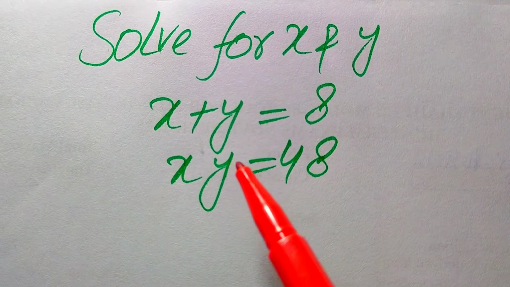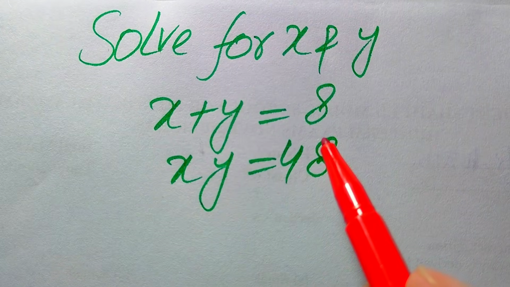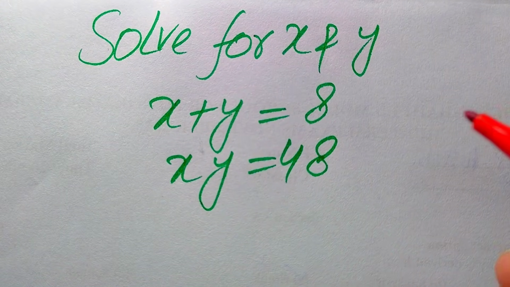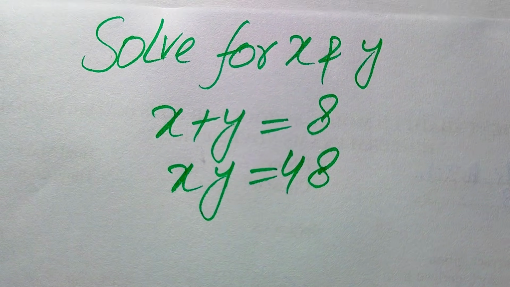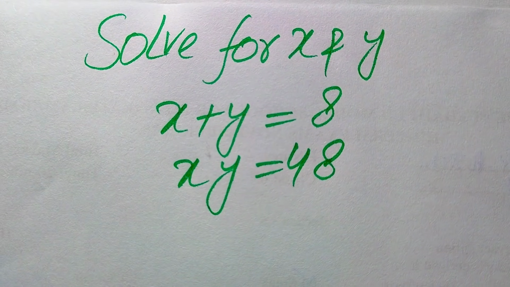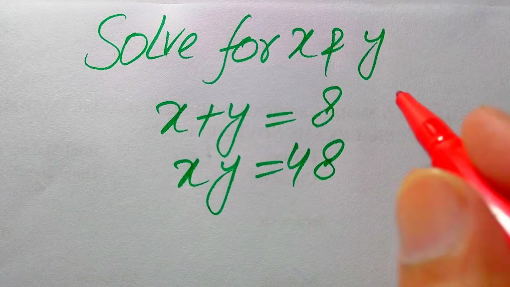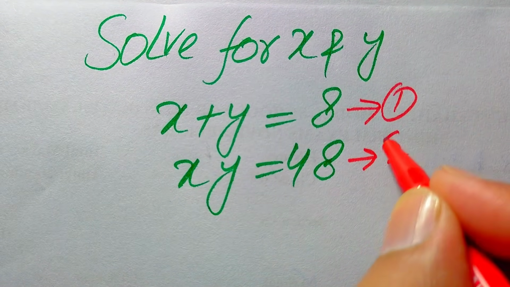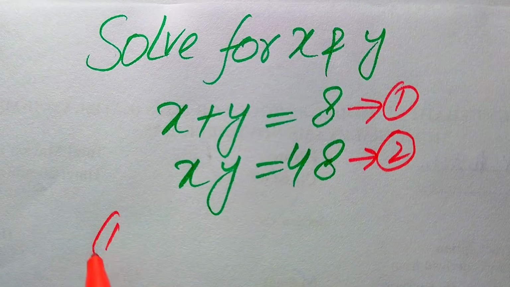So here we have x plus y equals 8 and xy equals 48. We solve this problem for all the values of x and y, and at the last we will verify which of the roots are solutions and which of the roots are extraneous roots. So now we denote this as equation number 1 and this as equation number 2, and here our equation number